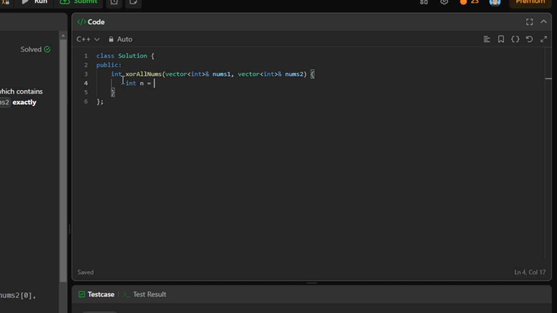Just suppose that the size of nums1 is n, and the size of nums2 is m. And suppose XOR 1 is the XOR of all the elements of nums1, and XOR 2 is the XOR of all the elements of nums2. Okay. Now just imagine,